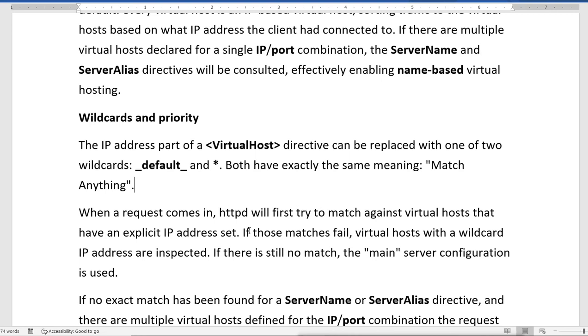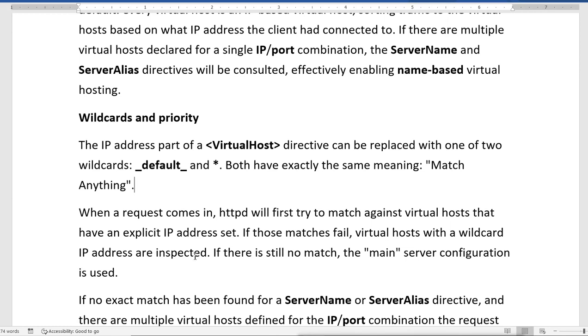And if this match fails, that means if we have configured two sites for the same IP address, 10.0.0.1 has two sites configured, now it will fail by giving the exact IP address. So virtual hosts with the wildcard IP address are inspected.